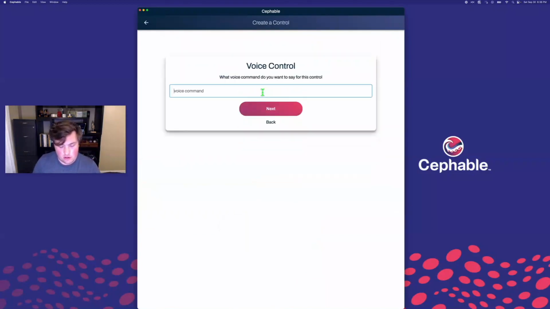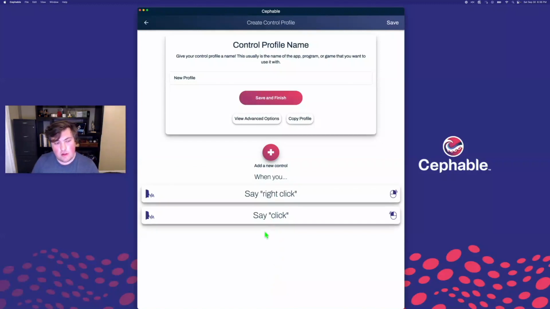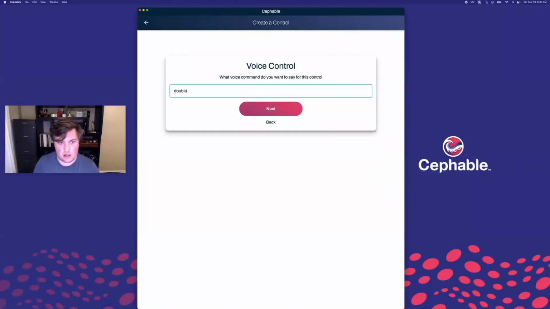Let's add right click as well. So I'll go in here and add another voice control, type right click, go ahead and press buttons, select from my list to right click, and hit finish, and now I've got both of them. And again, because there was no default controls added, this also means that the right arrow key conflict doesn't exist here either, because there's no default control for that. But now let's do something different for double click, because we actually need to do something in sequence. So I'm going to add a new control again, and add a voice control, and type double click.